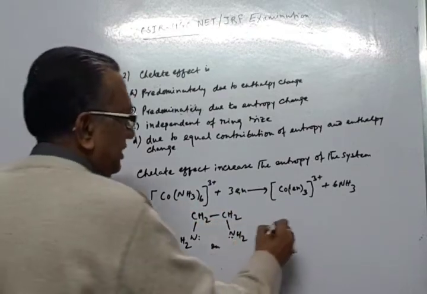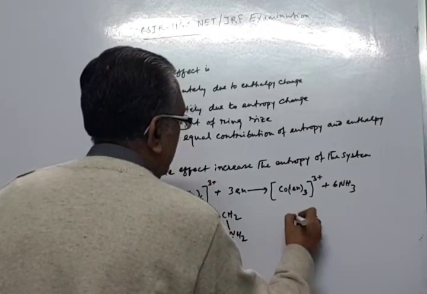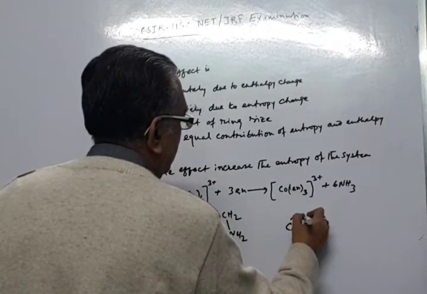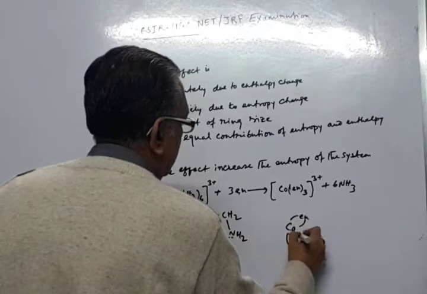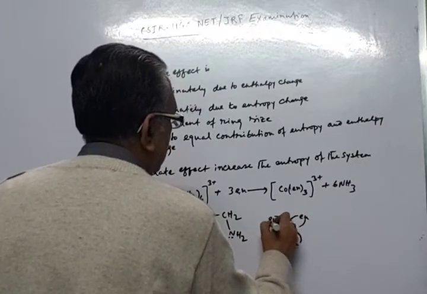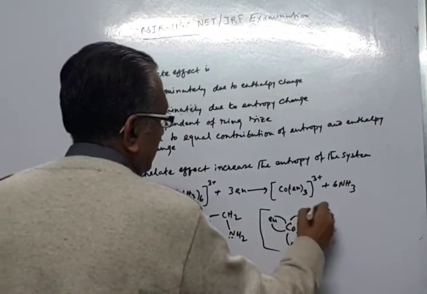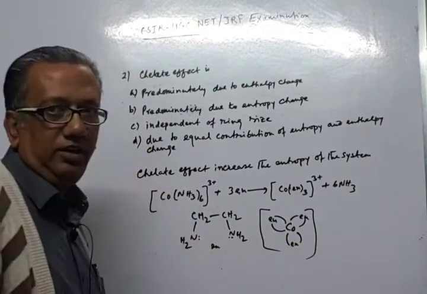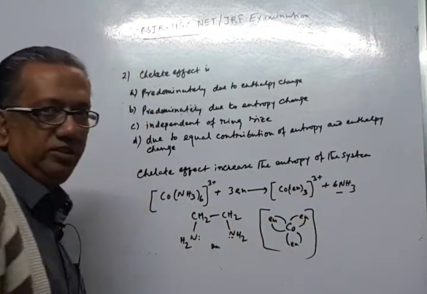So the chelation is like this way: Co with en, en and en. In this way this chelation is occurring, and as the number of molecules is increasing,